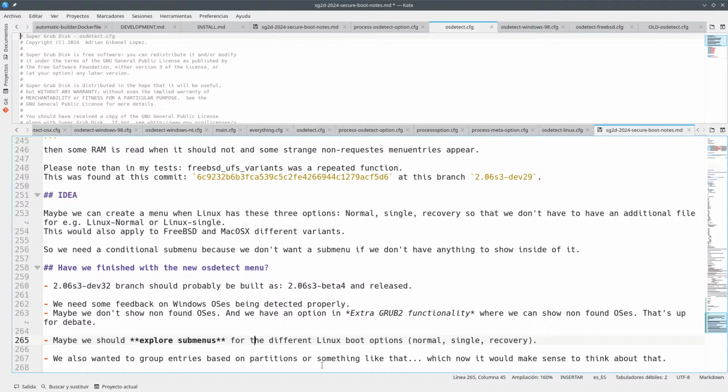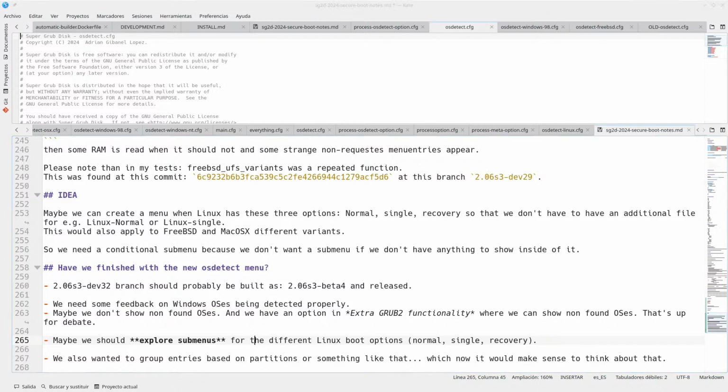And if we had to group entries based on partitions or something like that, that's something that has crossed my mind, and that's something that you want to be working on. So yeah,